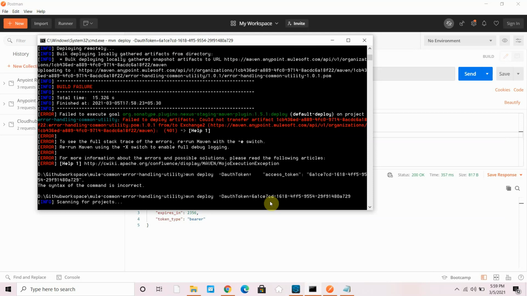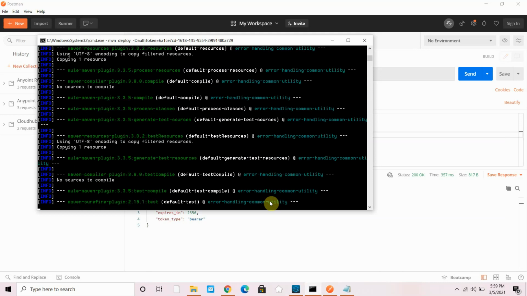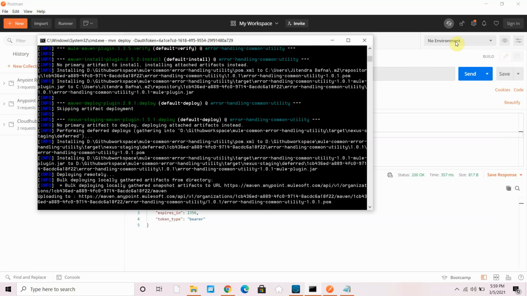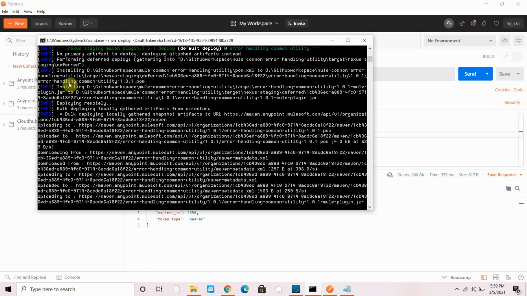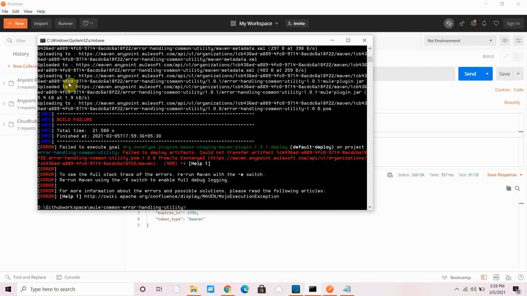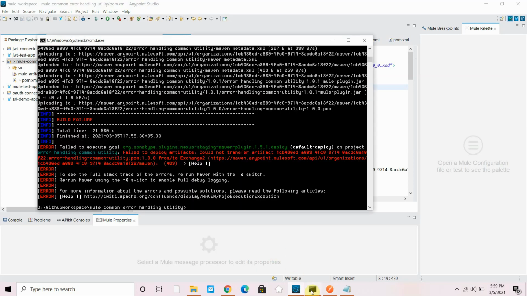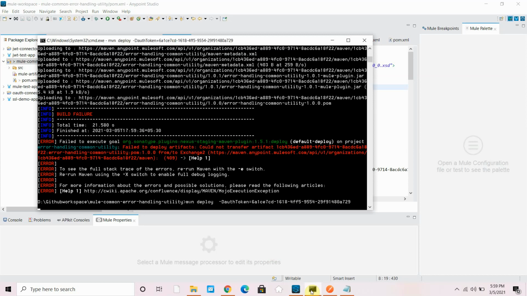So now I pass the token as a variable, like within the variable, assign the value to the variable instead of hard coding. So now it should not give any error. It should deploy your application or your assets easily. Okay, so I have to change the version, I think. Yeah, let me change 1.0.2. Control. I think I haven't saved it, that's why. Okay, that's fine. I haven't saved it, that's why we got error, because 1.0.0 is already available.